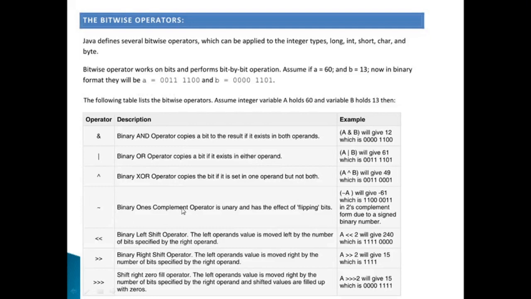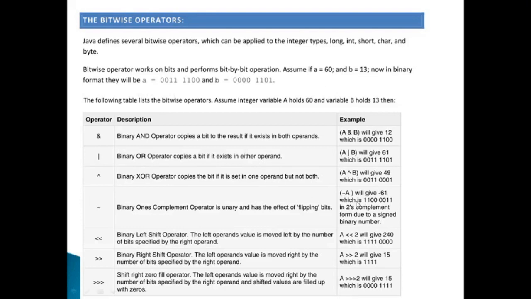Now what is the ones complement operator? The binary ones complement operator is shown by a tilde. It is a unary operator, as we can say that it is performed on a particular variable. Whenever this tilde operator is performed on a variable, all the zeros in that variable are converted to 1 and all the ones are converted to 0, and that number is converted into the decimal value. As you can see in this example, it is giving a result of minus 61.